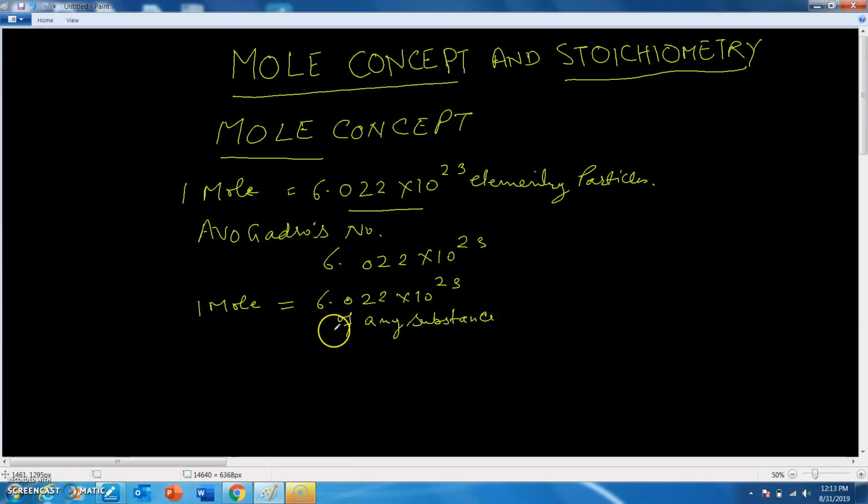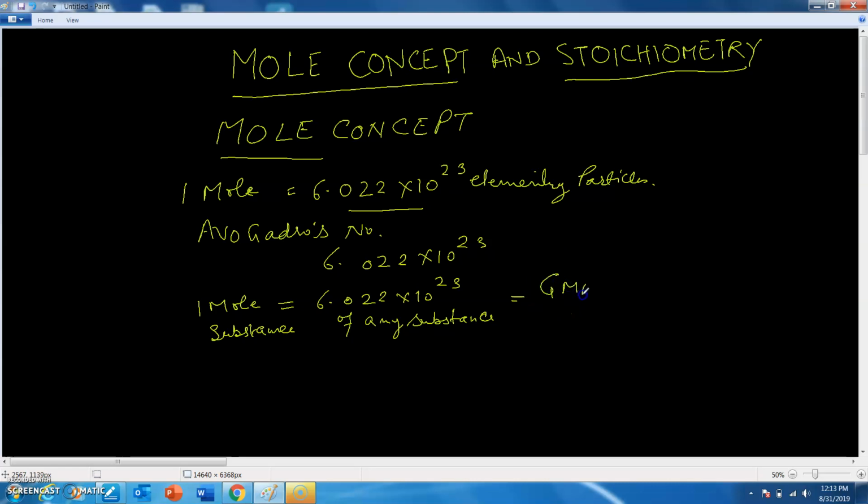And 1 mole is also the unit of that substance. These two are equal. The third thing we will take, if it is solid, we take the unit, that is